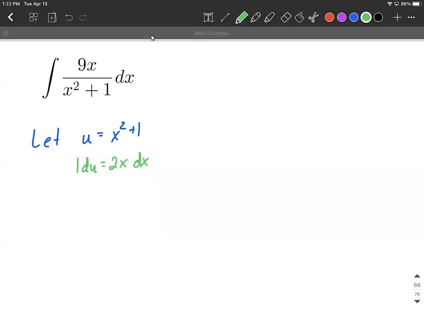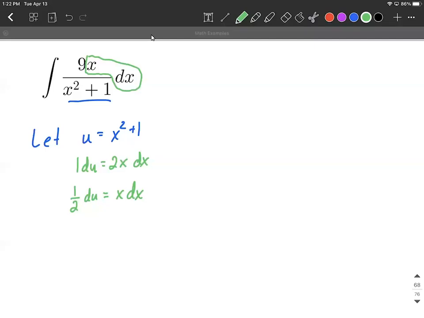All right, next up, what we want to do is replace and get rid of that x from the numerator, because the entire denominator will be u. But for the numerator, we're going to replace and get rid of that x dx. To do so, we're going to have to rearrange our green equation at the bottom. We want it just to be x dx, so we want to move the 2 to the other side. We can either think of that as dividing by 2 or multiplying by 1/2 to get us x dx on